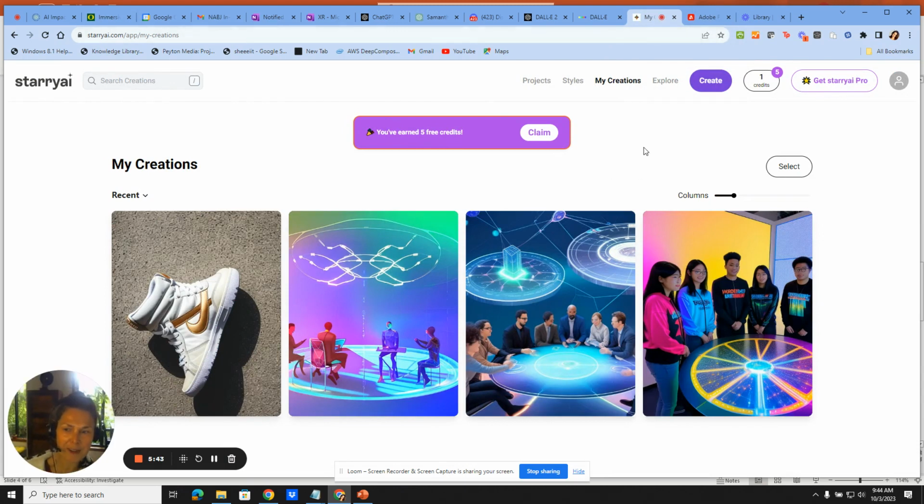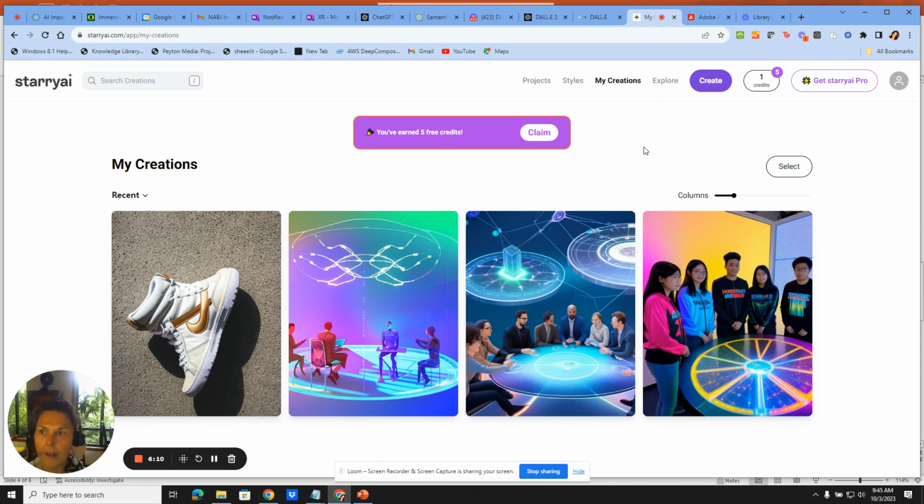starryai.com. And I want to thank one of my students for turning me on to this platform. There are some things I really love about Starry AI. The purpose of this, you guys, is not necessarily to pick these tools apart, but to find the right tool and to show you how drastically different these LLMs are in providing different images, and determining which one is best for your own needs, because they're all